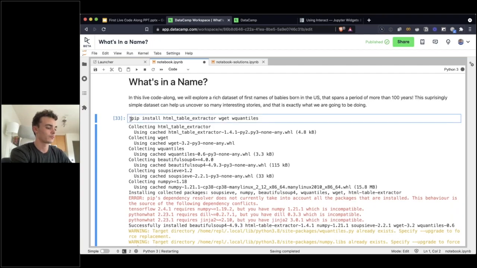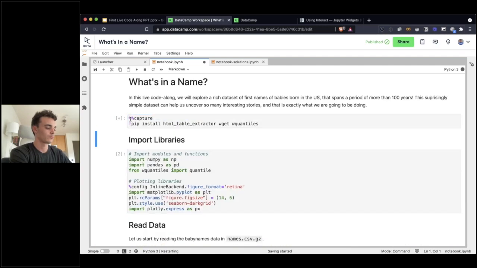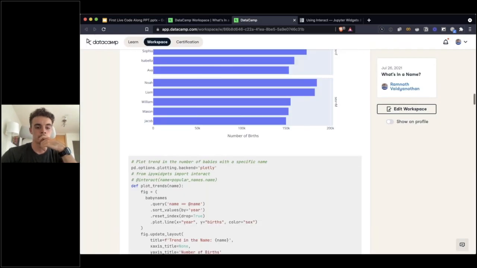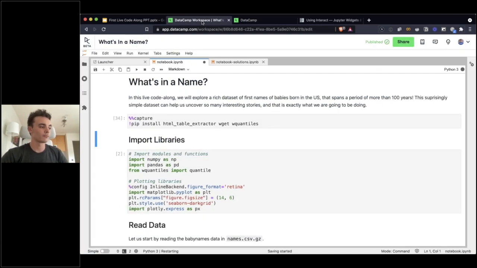So when you do a double percentage capture, this is called a cell magic in Jupyter. It still executes the cell, but it doesn't show you the output, which is very handy, because when I publish this, as you can see before here, it did not show all those details. So capture is really useful.